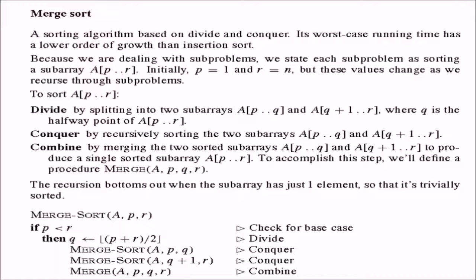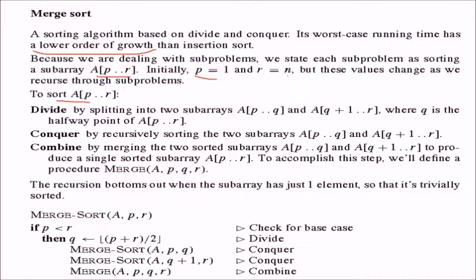Its worst case running time has a lower order of growth than insertion sort. And as we are dealing with problems divided into subproblems, we state each subproblem as sorting subarrays from, say, some p to r. p varies from 1 to n initially, but these values change as we recurse through the subproblems. And we are only interested in this p to r solution, which will vary depending upon the divide and conquer